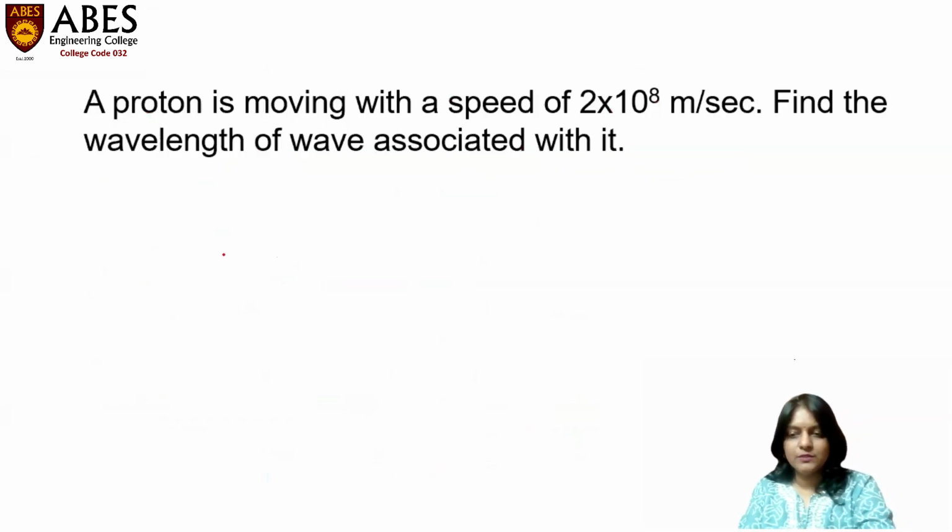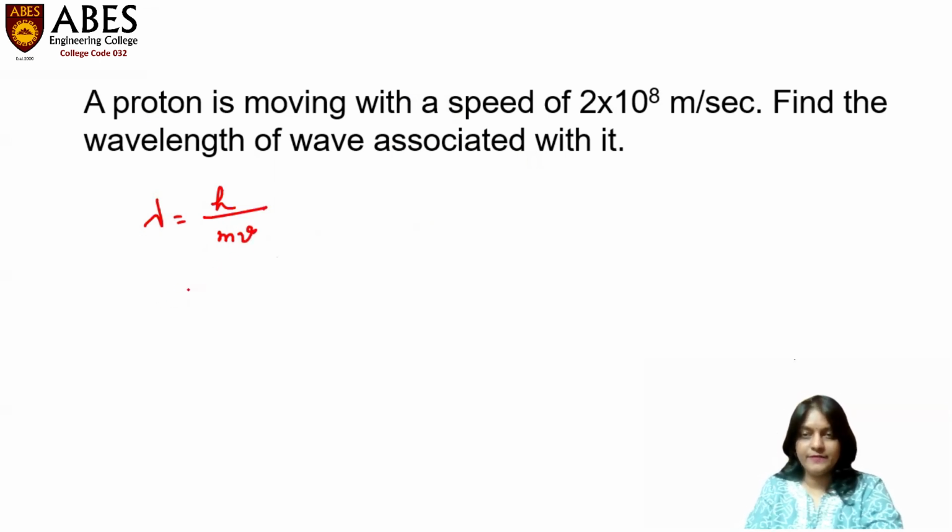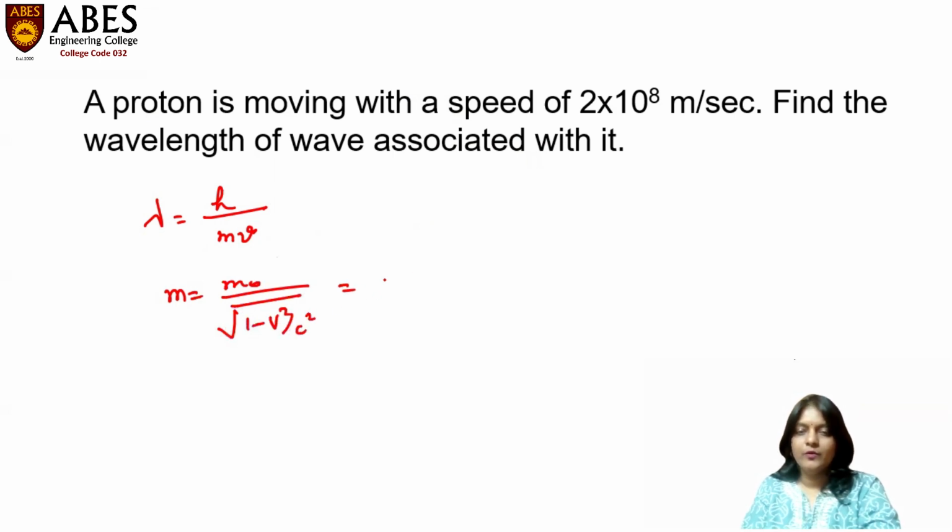Let us do some numericals based on the de Broglie wavelength. A proton is moving with the speed of 2 into 10 to the power 8 meter per second. Find the wavelength of the wave associated with it. We know the formula lambda is equal to h upon mv. But here the mass is relativistic. So we will take mass as m naught upon root of 1 minus v square by c square,